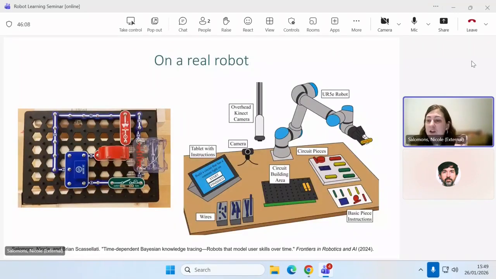We also implemented this on a real robotic system, where we had this UR5 robot that was teaching users how to build these tasks. We had this overhead camera that was looking at the table and detecting what skills the user was implementing and whether they were correct or incorrect. We had all of these pieces on the table. And this showcases a real life example where a robot is interacting with the user. The observations are very noisy from this camera,